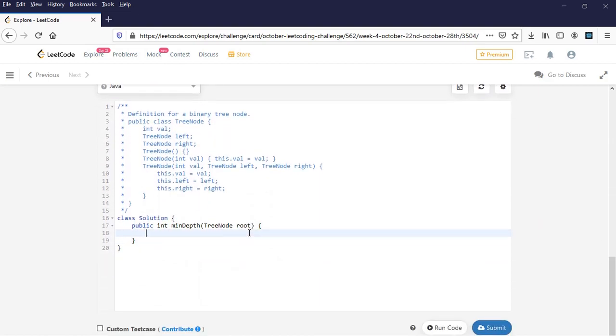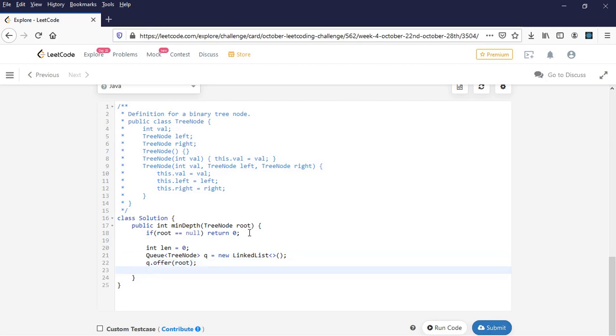First thing we'll do is, if root is null, we can directly return 0. Now let's define the length. Initially length will be 0. I'll use a queue for the breadth first search, so I'll add the nodes in that particular level inside the queue and traverse through the queue elements. So I created a queue and added the root element into it. Now I just need to traverse over the queue, so I'll traverse until the queue is empty.